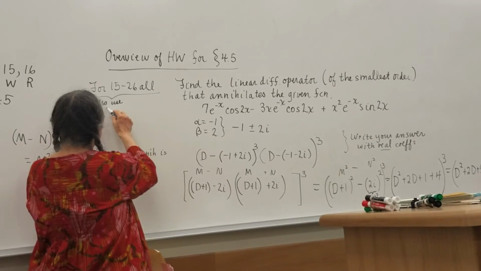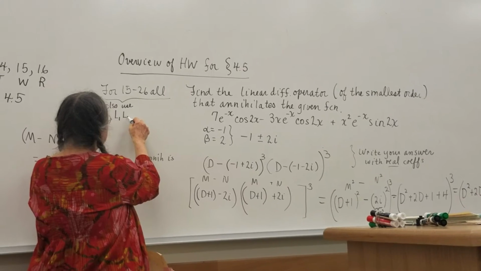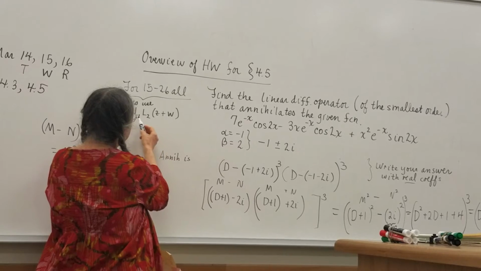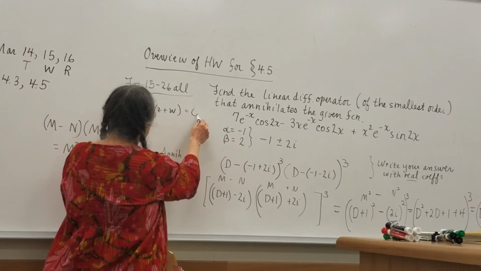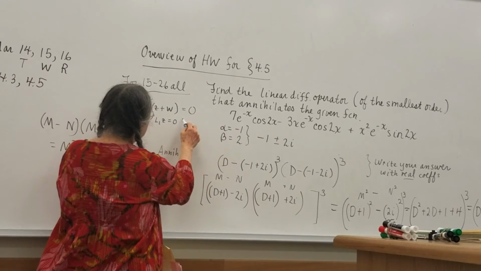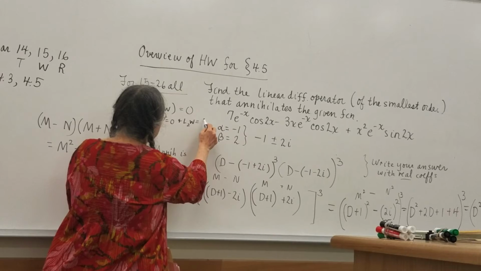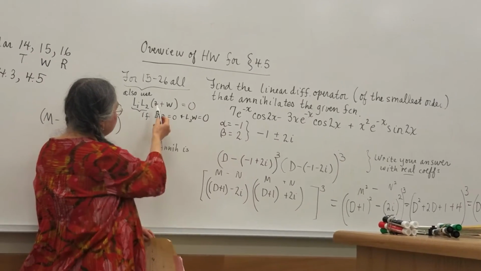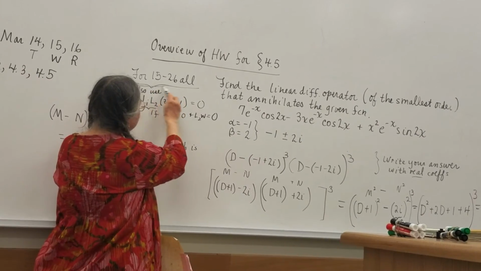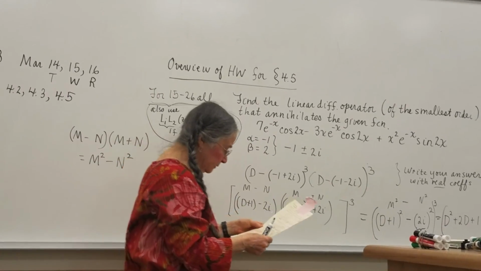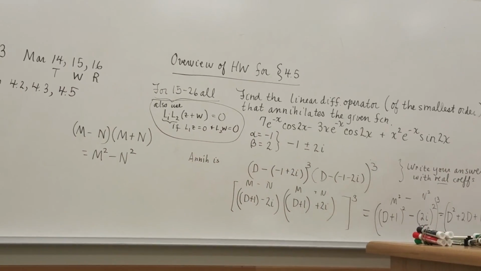When you take L1 and L2 acting on Z plus W, if L1 of Z equals 0 and L2 of W equals 0, then you take the product of the two annihilators to annihilate a sum. Use that fact that I gave you in the notes in those problems. You'll probably need it. And then for 27 through... sometimes if we can factor